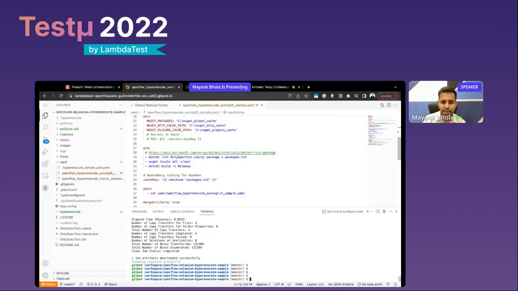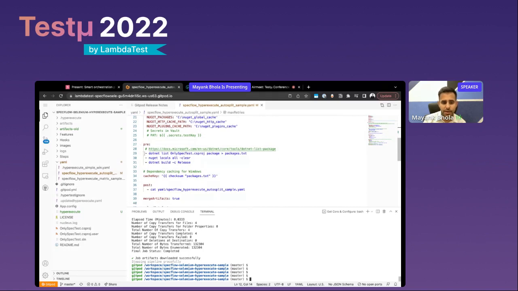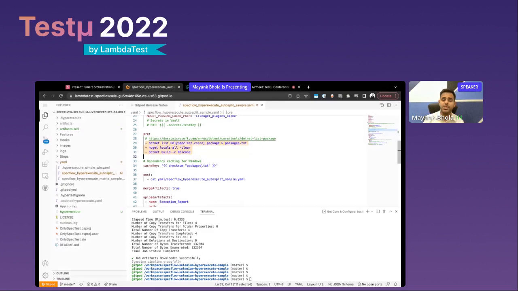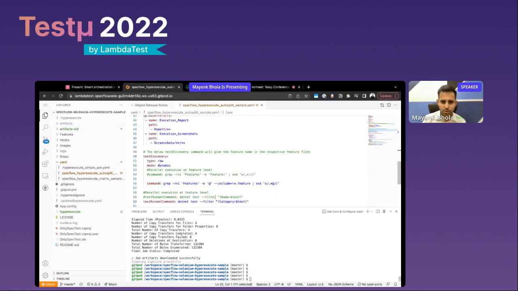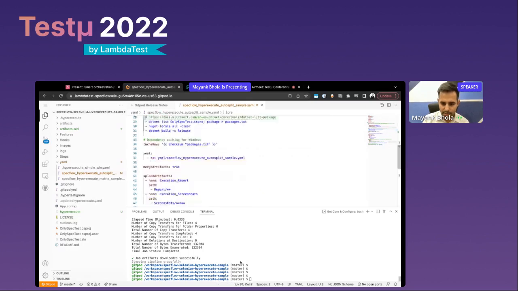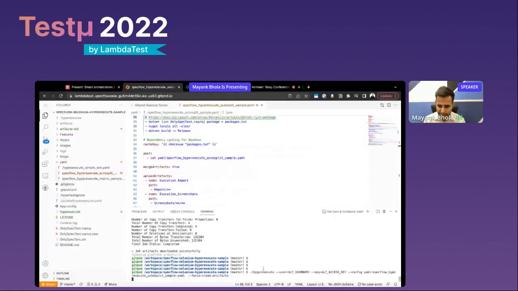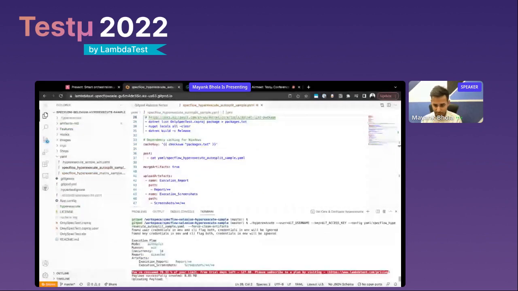And we are doing various other operations on our environment, for example, downloading the NuGet packages and building our application as well. So with this YAML, all we need to do is just hit the CLI, and the CLI is going to take care of everything. Packaging the test scripts, it's going to provision the infra, it's going to orchestrate, and then just provide logs back